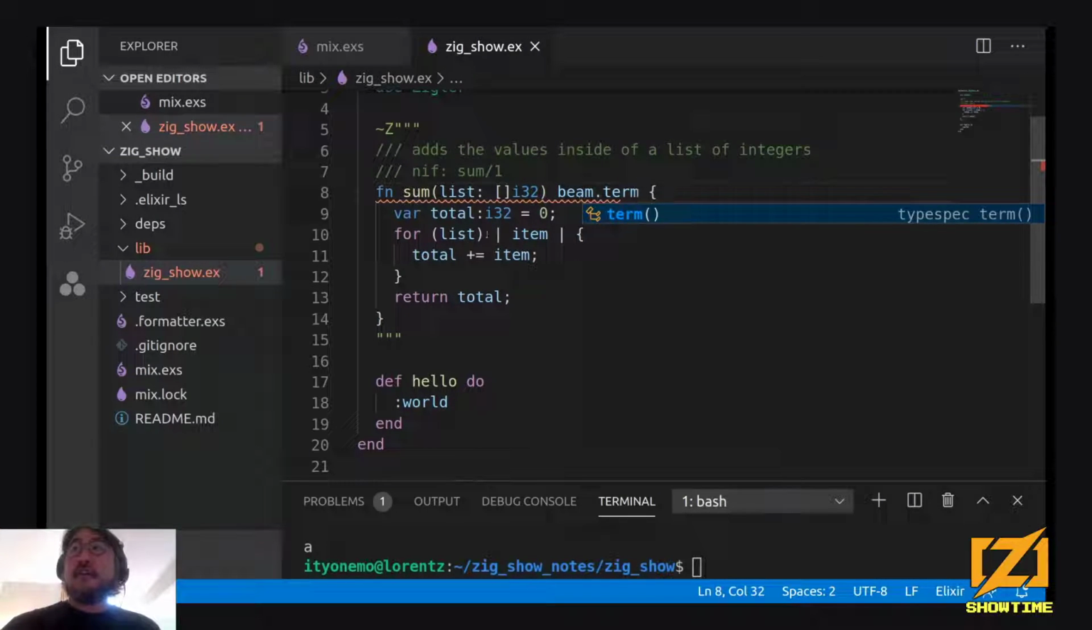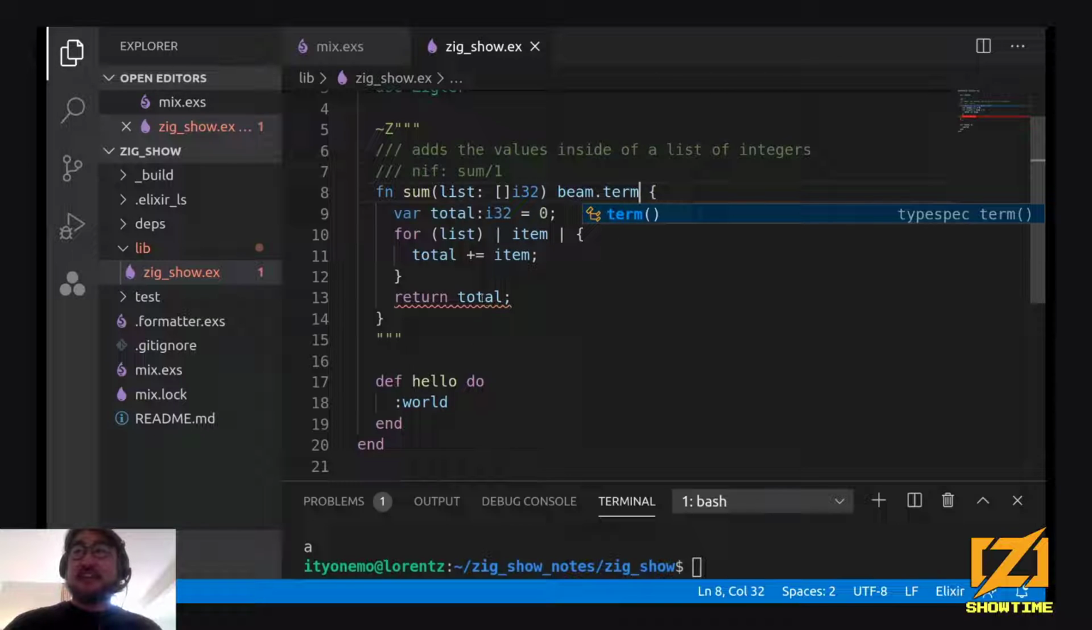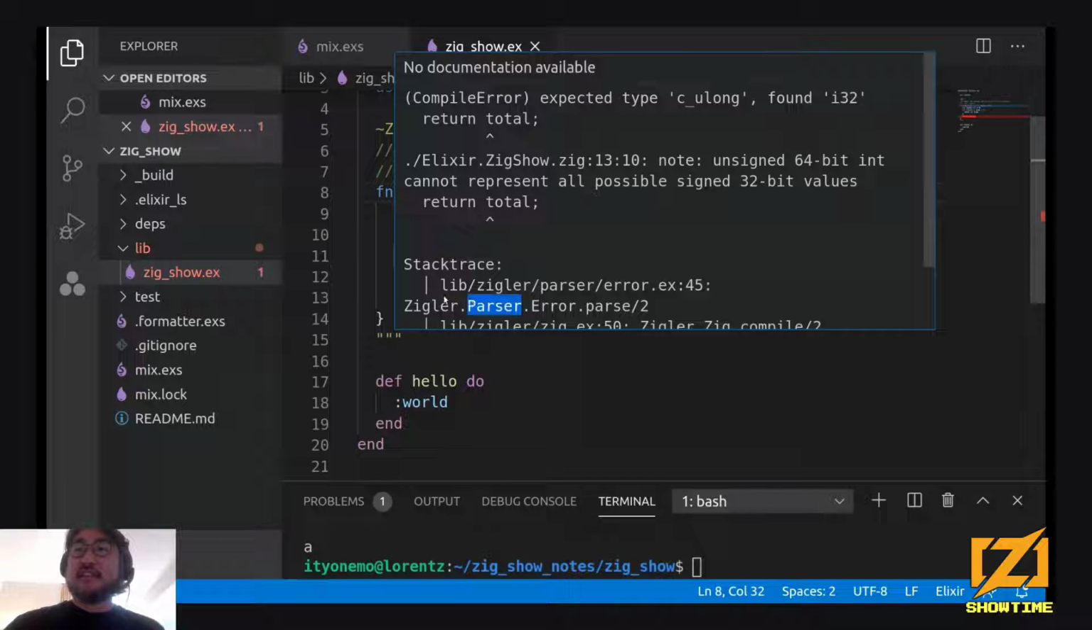So beam.term is the boxed term in the Beam VM. And note that as I change the code, I automatically get the Zig errors bubbled up to me from the Zig compiler. So we can fix this by using,